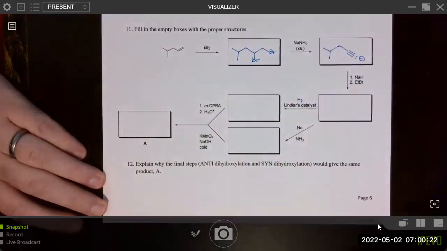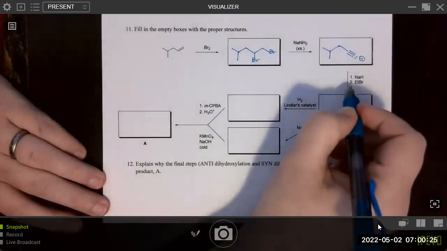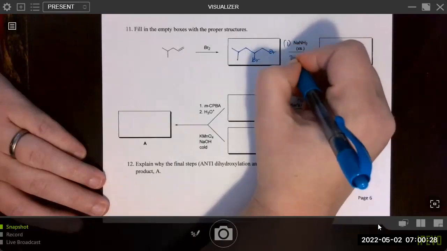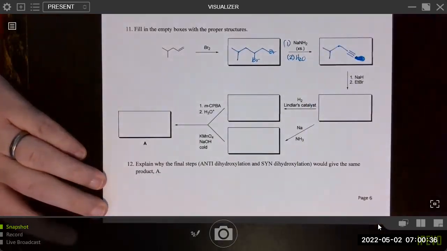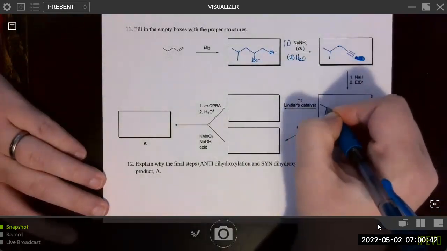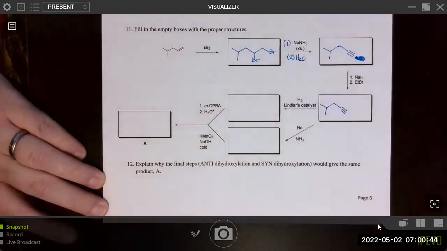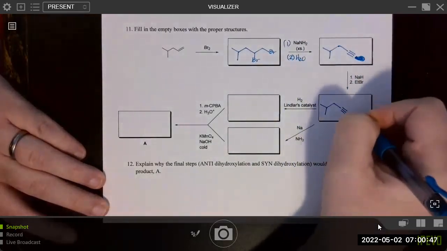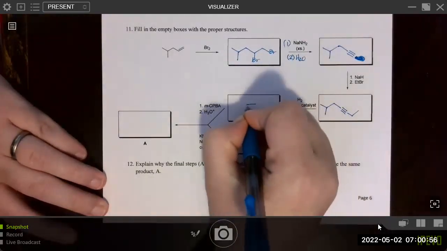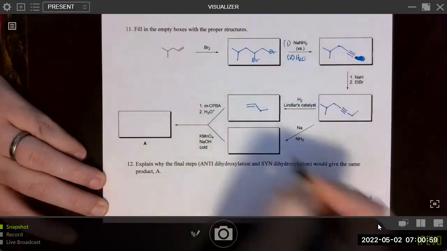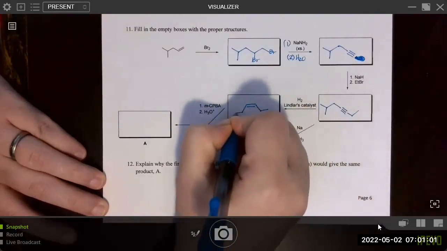I guess maybe they intended to say water because it might have been an accident. Get rid of that. So it's just a terminal alkyne. And then with sodium hydride and ethyl bromide, we'll be adding an ethyl group. So Lindlar's catalyst would reduce this to a cis alkene. I like to just draw it like this and then go here. Make sure that these are on the same side.